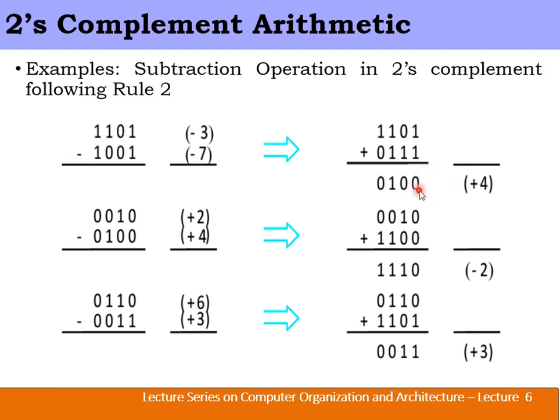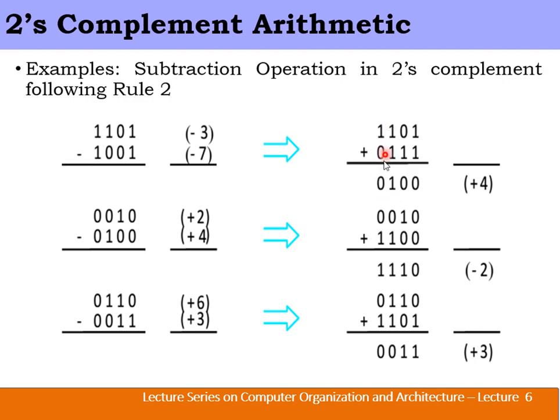Now we are supposed to perform the addition operation. 1 plus 1 is 0, carry generated is 1. Then 0 plus 1 plus 1 becomes 2, again a carry generated is 1. Now the bits in the third position are 1 1 1, so 1 plus 1 plus 1 is 3. 3 is represented as 1 1, so this value is 1 and a carry is generated.